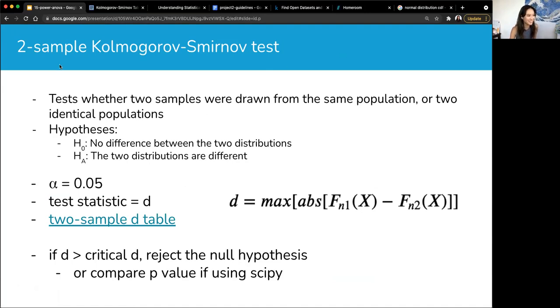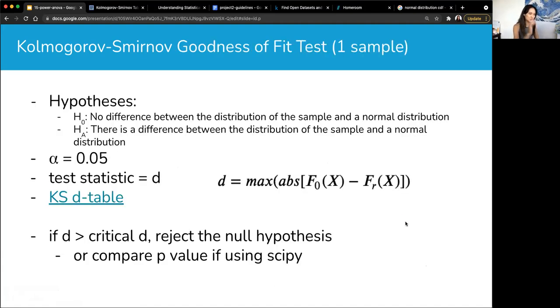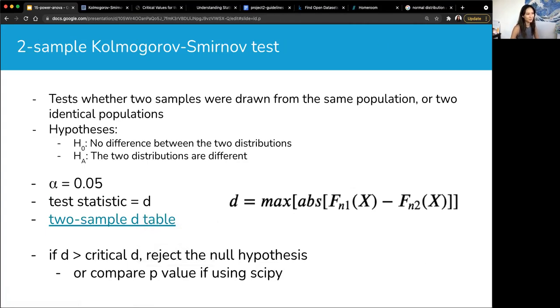We know we're going to do a two sample KS test, and we set our alpha at 0.05. The D statistic is calculated the exact same way. So in this graph, instead of one being the normal distribution and one being the sample that we're testing, each line is going to represent the CDF of a sample. If the samples are similarly distributed, then you can imagine that the CDFs will follow each other pretty closely throughout. But if not, you'll get a fairly large D statistic, which you will use to compare with this two sample D table. The only thing to note is that it is a different set of critical D